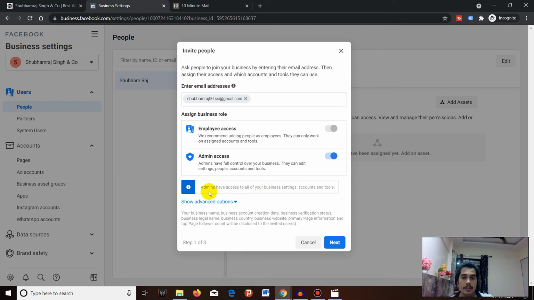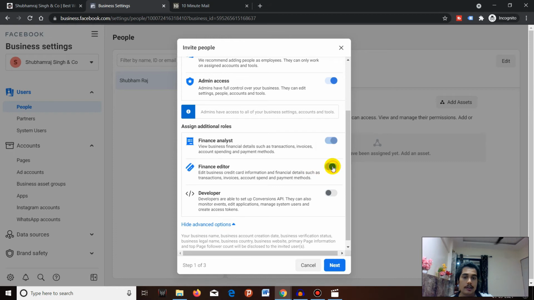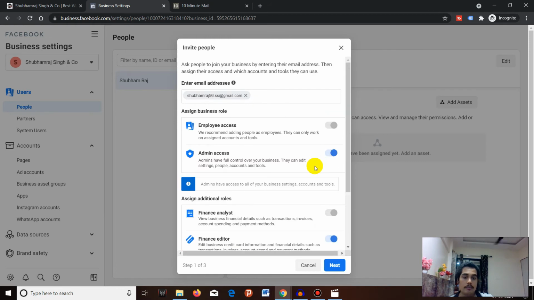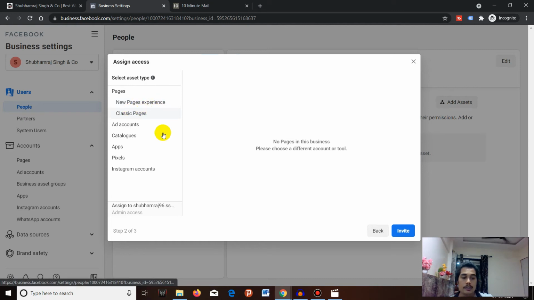Admins have access to all of your business settings, accounts and tools. You can see the Show Advanced Options. You can give them financial analyst, financial editor, and developer access also. When you click on Next, you can see that there is no page displaying here, but when you add the Facebook page in this Business Manager, it will appear here.